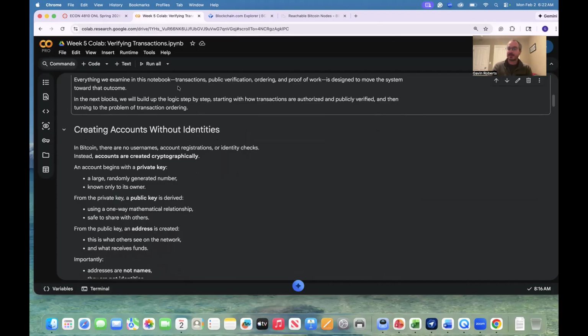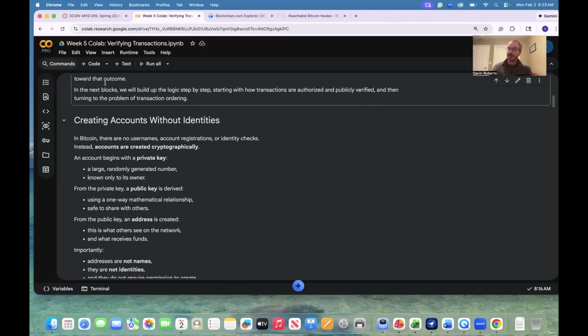So everything we examine in this notebook, which are things we now understand better because we've built them up for the last few weeks, is designed to move the cryptocurrency system towards that. We're not going to get quite all the way there yet in today's lecture, but we're going to move strongly in that direction. In the next blocks of code, rather than Bitcoin blocks on the Bitcoin blockchain, we will build